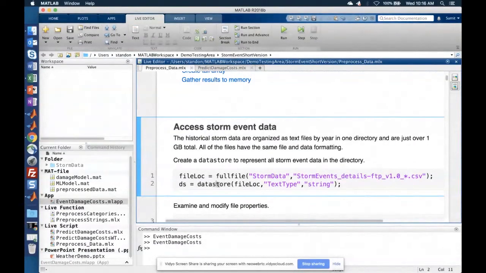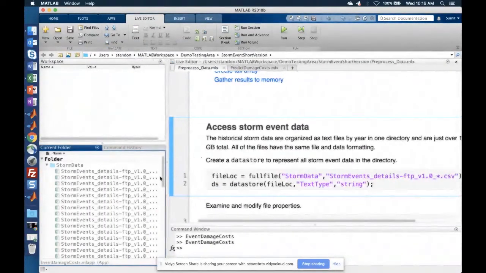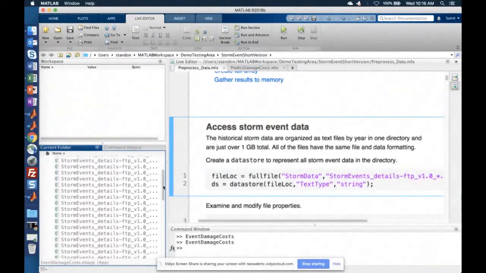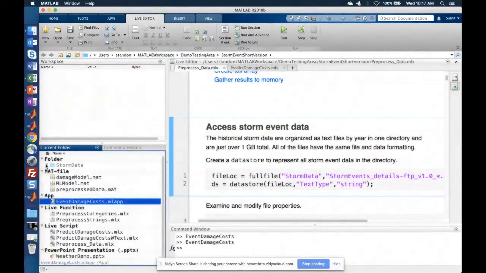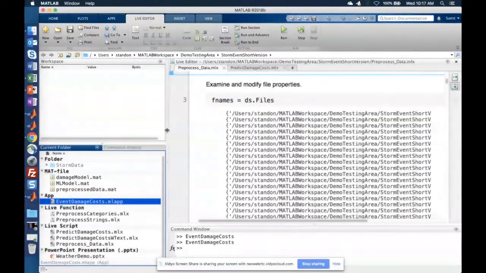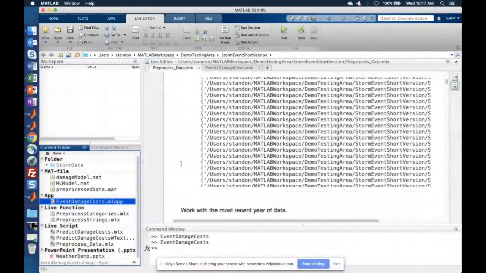That way, you don't have to load the entire data and choke up the RAM. If you can see in the storm data folder, I have all these files, but I just create a datastore and point to the folder, and the datastore automatically identifies all the files available in that folder and helps me work with them at a high level.